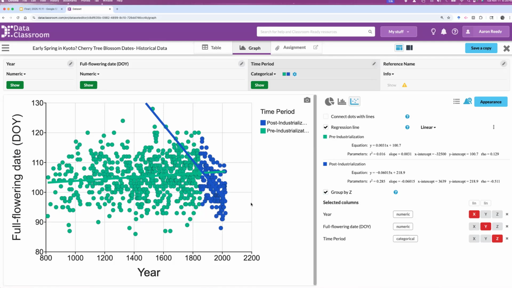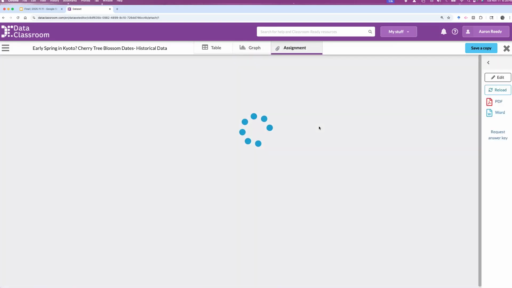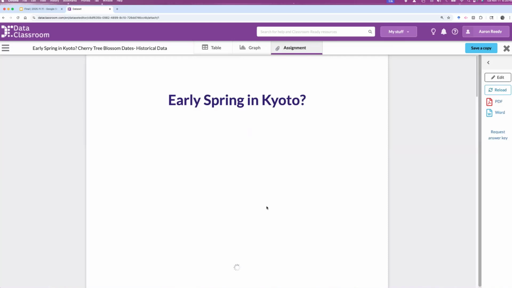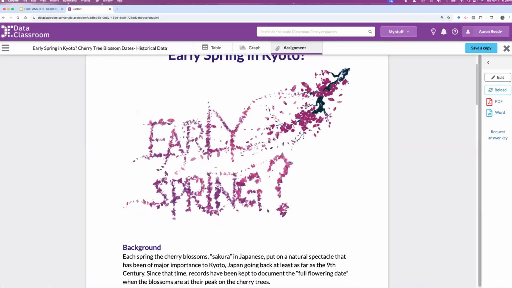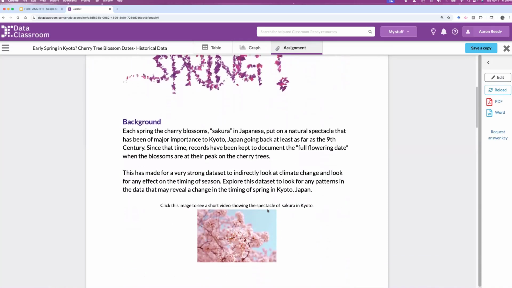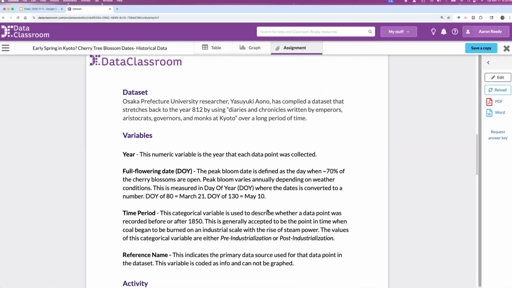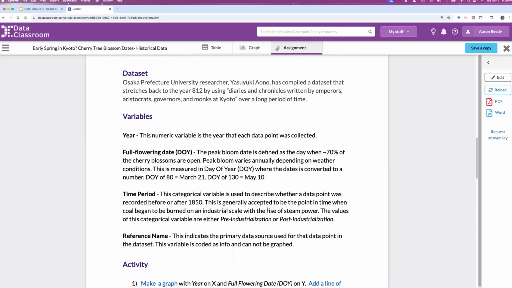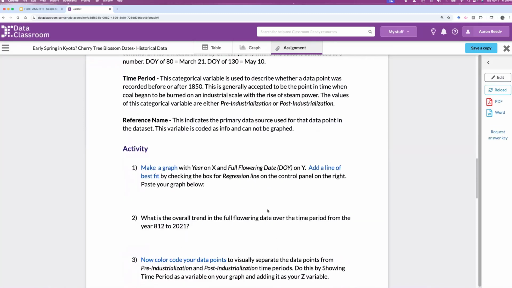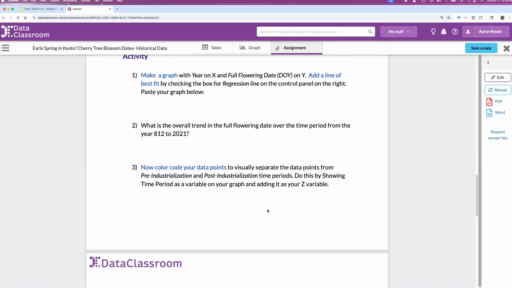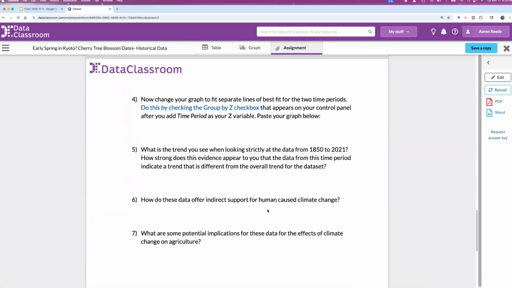And again, I think data visualization can sometimes help you pull out a more interesting question there. And again, I didn't exactly do the student assignment, but those are basically the steps that a student would recreate. And that's the aha moment a student would have. This is the student-facing assignment where it gives them a little bit of background. It explains what the variables mean, and then they work through the activity and graph making there step-by-step,